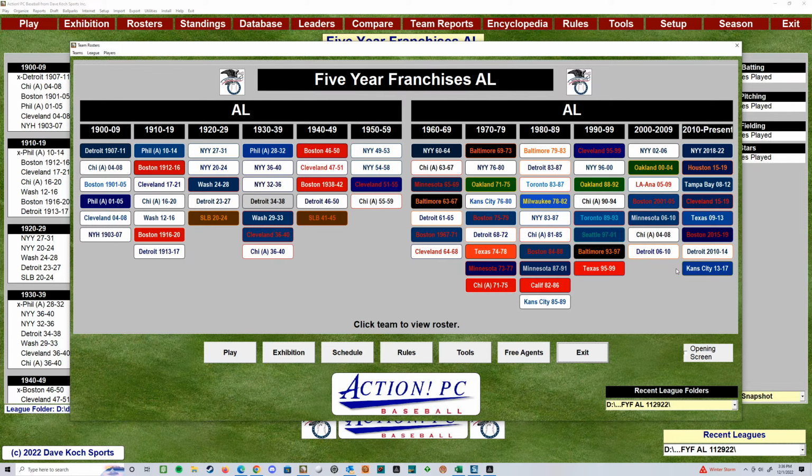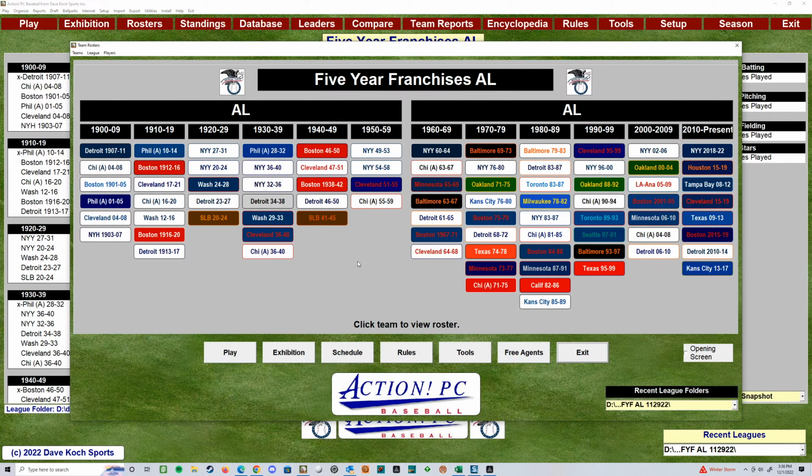At some point you run out of above-.500 teams that really accomplish something, and then you get down to these novelty teams that might be fun to play around with. The way I look at it is, the more options I can give somebody on a file, you figure out what you want to do with it. Now I've got 120 slots here.